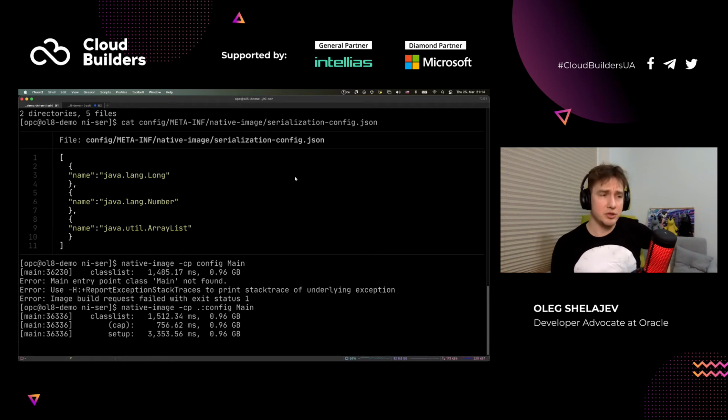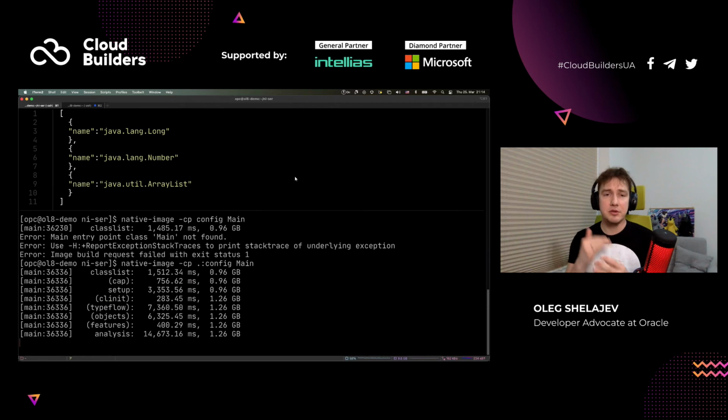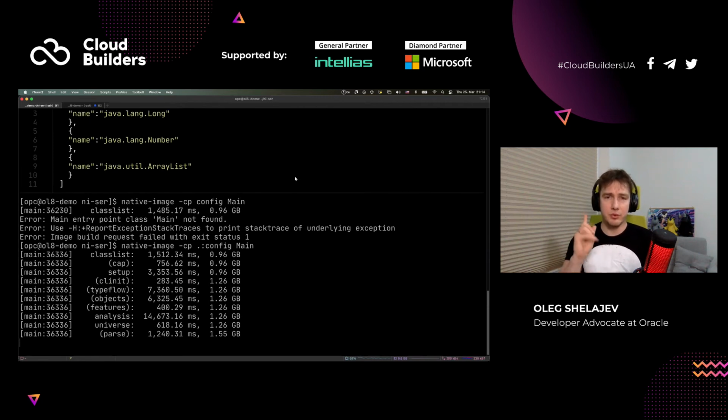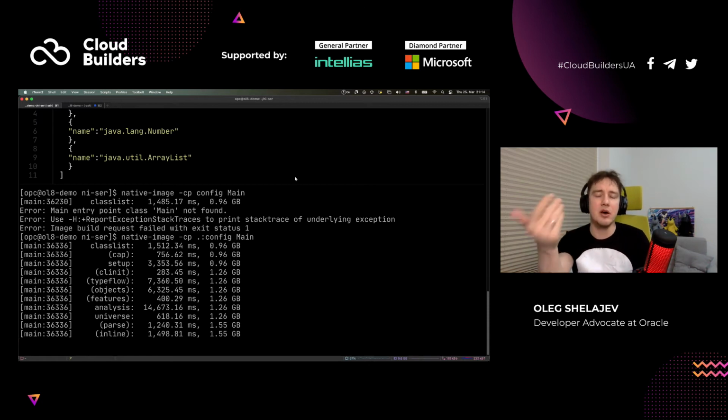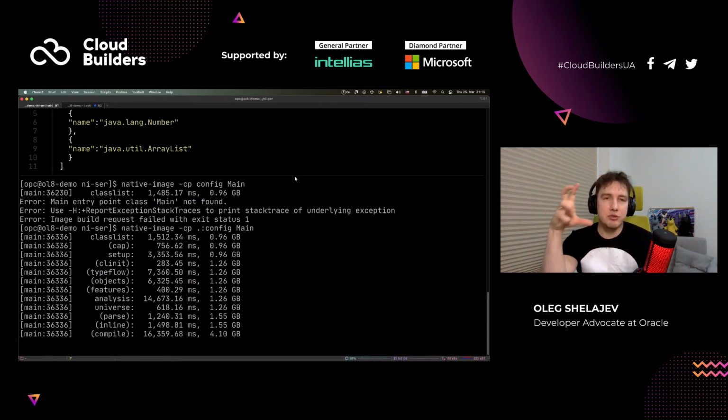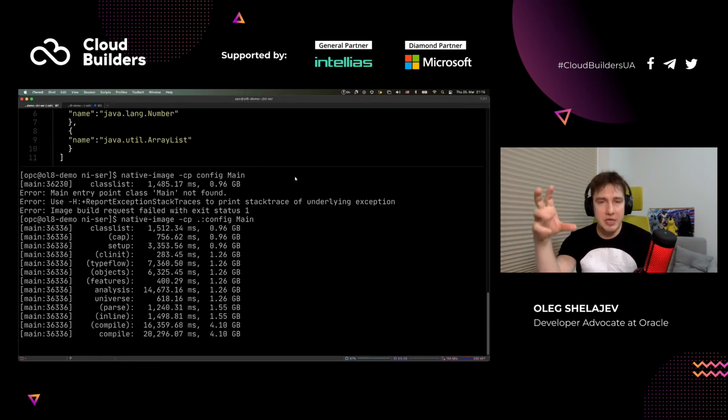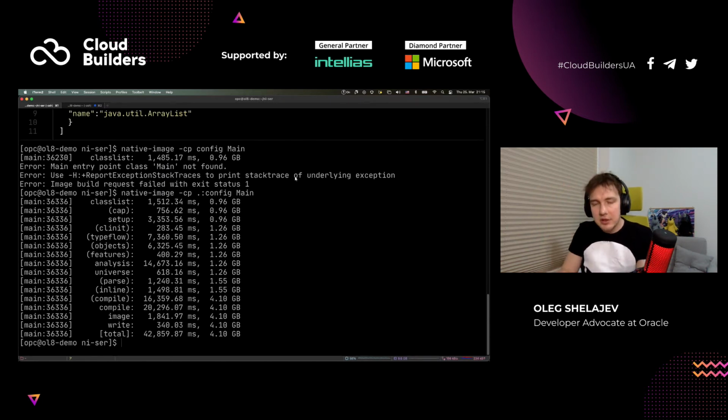So this is the process that runs, the process of compiling our application, and not just this one class, but also the classes from the JDK standard library that we're using, compiling them to the native image ahead of time. So we want to create this main executable that we're going to run. If we did not provide the config for the serialization, obviously that would fail, because the code for serializing those objects and classes would not be included at runtime. But since we did,